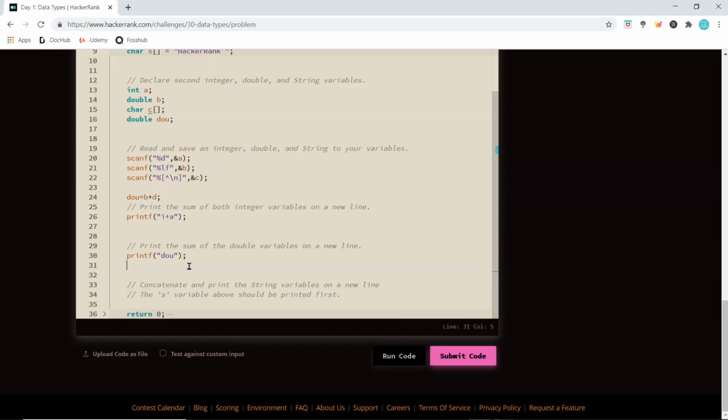Then we have to concatenate the strings, which means we have to continuously print both strings. We have to print all of these on a new line, so we'll put backslash n after i plus a. And after this also we'll use backslash n, and we have to print both of the strings, right? So print